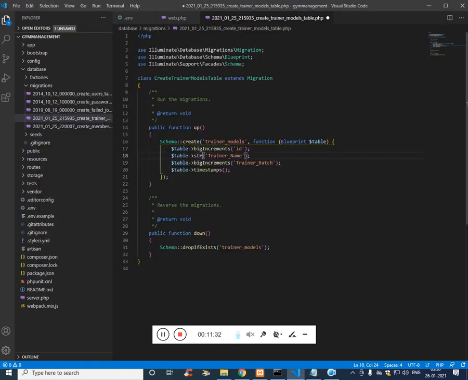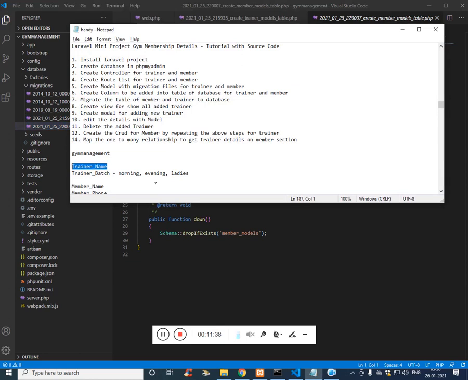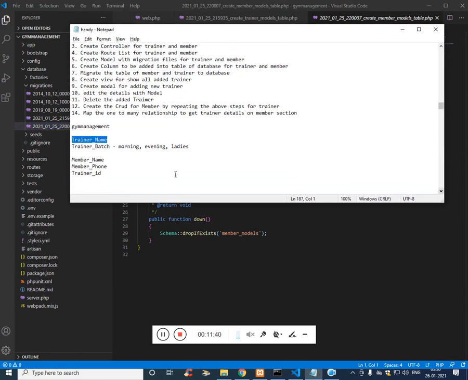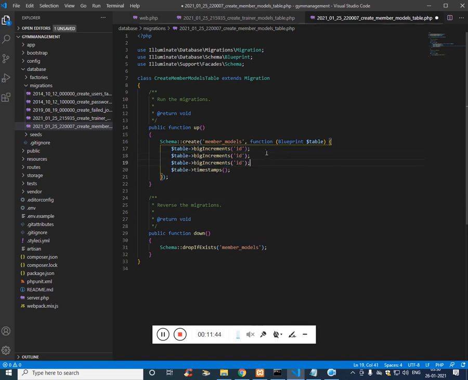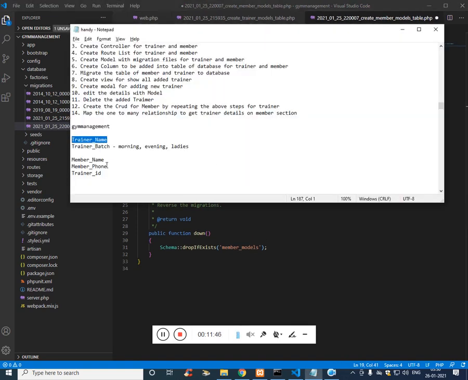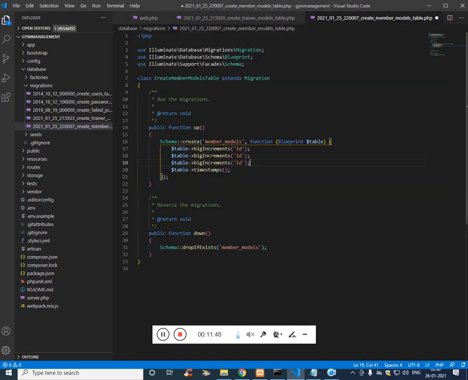And this is going to be string. And now it's time for the members. Here we need 3 columns. If you want, you can add expiry date also, but we have already done the expiry date in the previous video, so I'm skipping it.